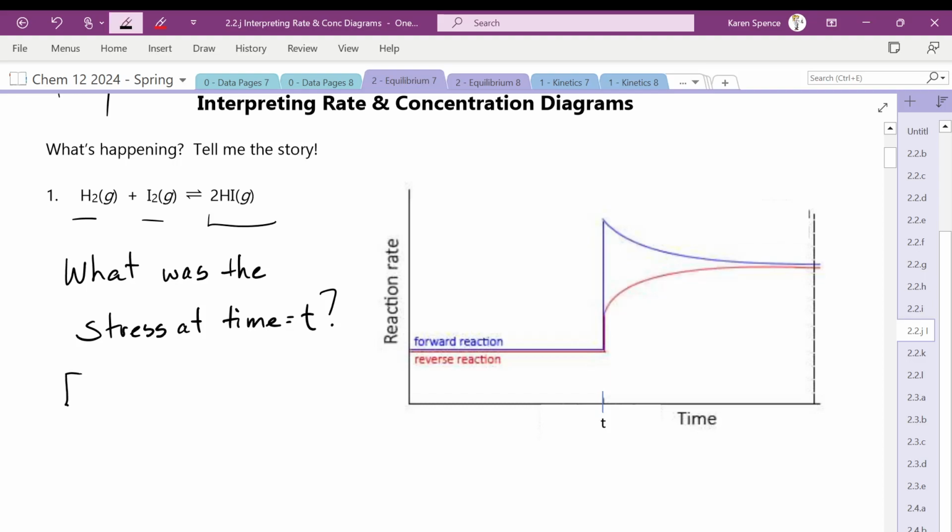Was it a change in concentration? No, why not? Oh, you can change concentrations of gases. Okay. Yeah. The number of molecules on each side are the same. So that means it cannot be a change in